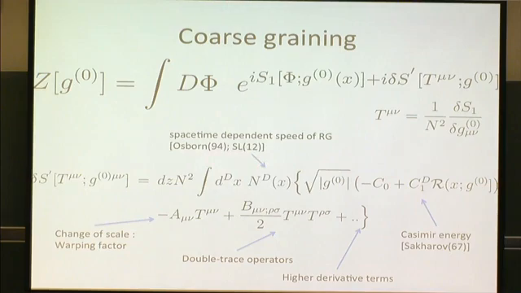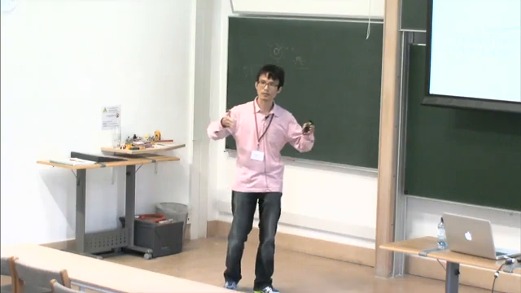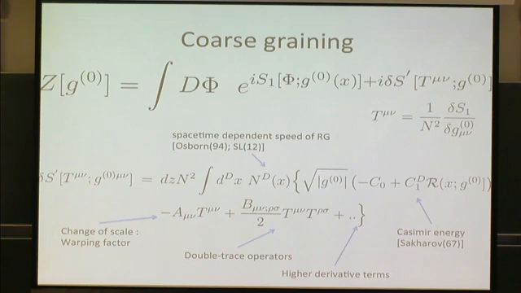Changing the metric is equivalent to adding some single trace deformation, again the energy momentum tensor deformation, and then we would want to choose this A mu nu to be proportional to G mu nu. So that is just the dilatation of your metric. So we change our scale, and as I do that, quantum corrections are generated.